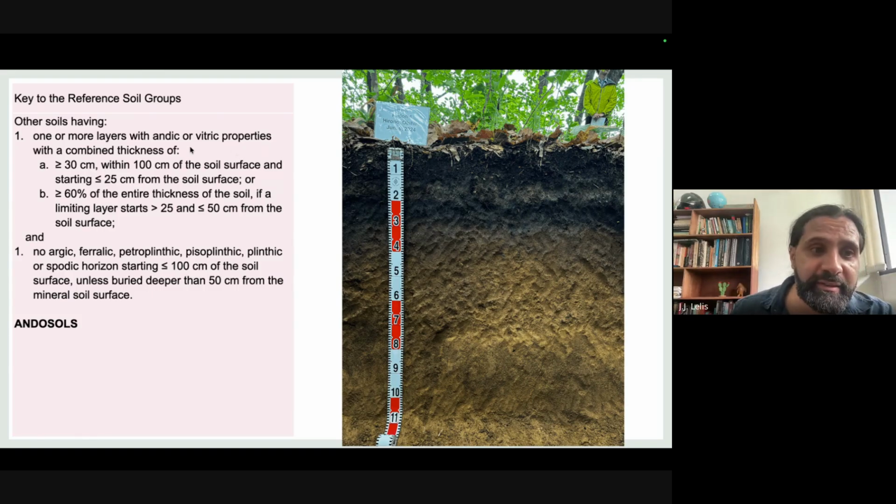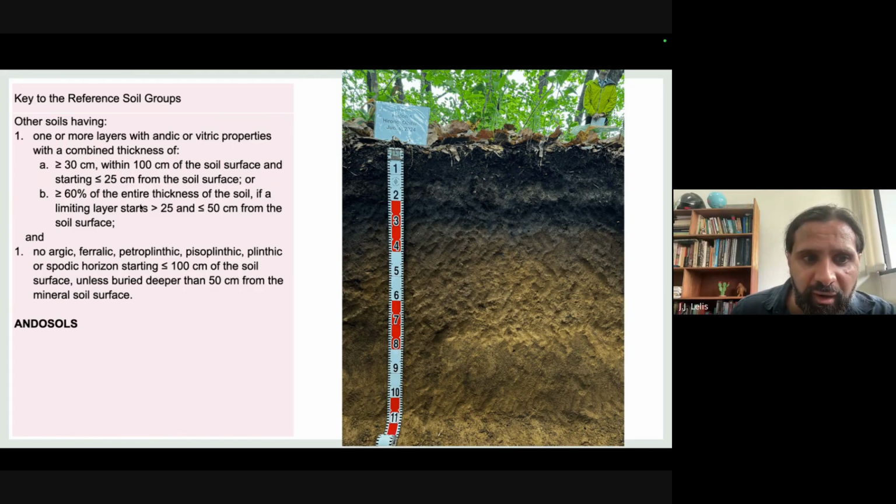Okay, these layers with andic or vitric properties should register a combined thickness of 30 centimeters or more in the first 1 meter below the soil surface, and starting at maximum up to 25 centimeters below the soil surface, or